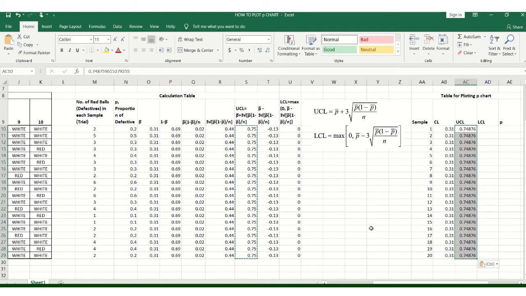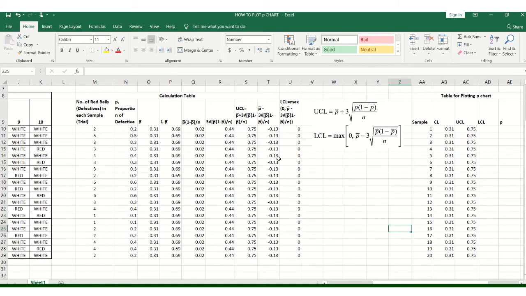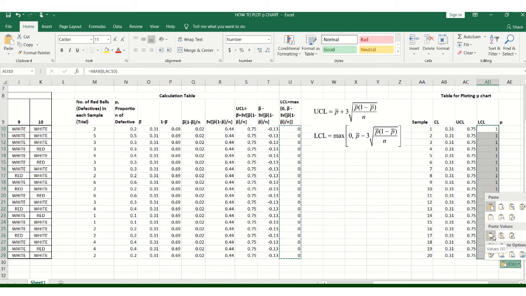So this is the value. Suppose I want to decrease the decimal places, so I can decrease it, up to 2 decimal places. Lower control limit. Again, I can pick this here. This is the lower control limit, and because it is coming negative, we have to choose it as 0, as you've seen in our formula. Again, paste as values.